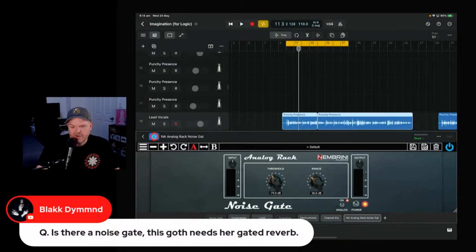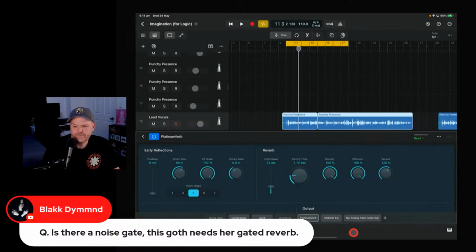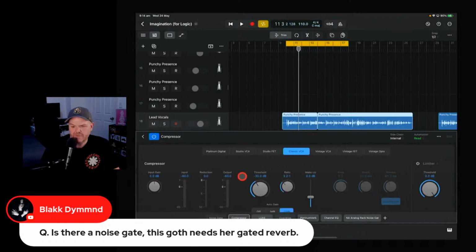By the way, you can turn your plugins on and off just there. So that switch is going to turn those. And you can also see down the bottom here your different plugins. So you can actually tap down the bottom here to go through your different plugins that are on each track. So it makes it pretty cool.